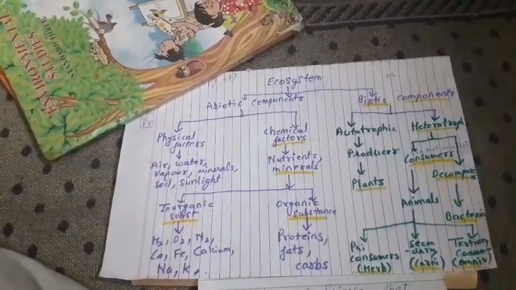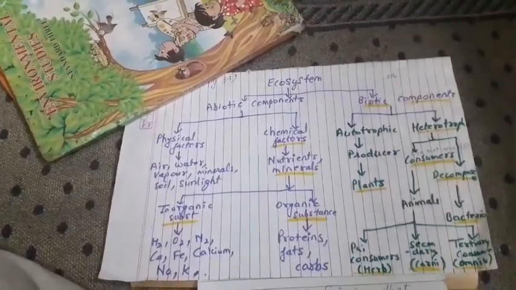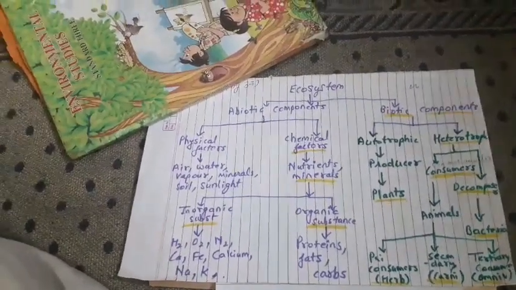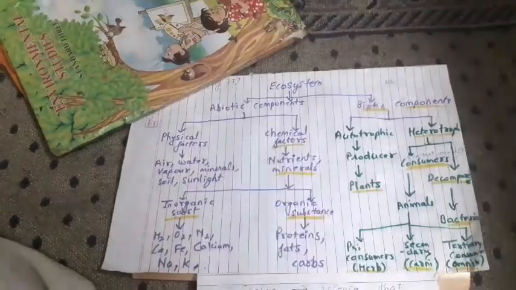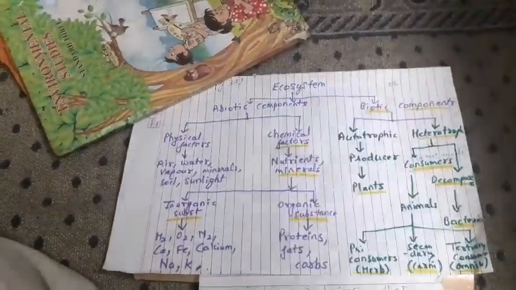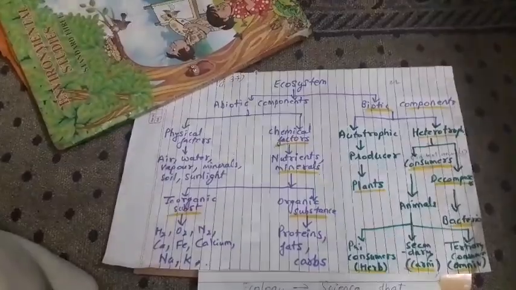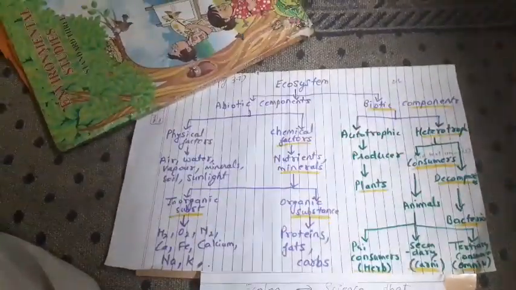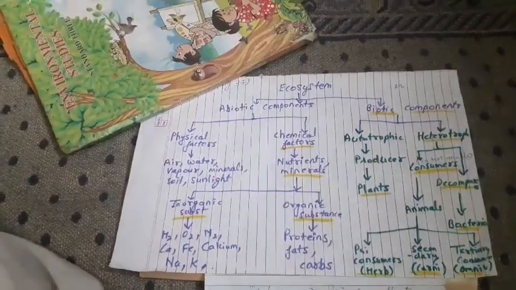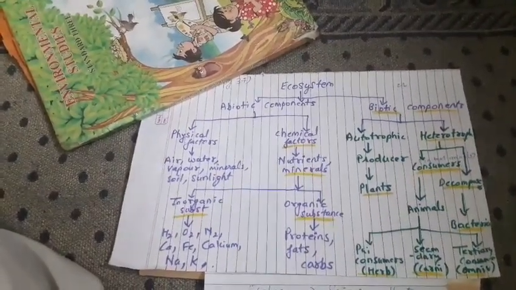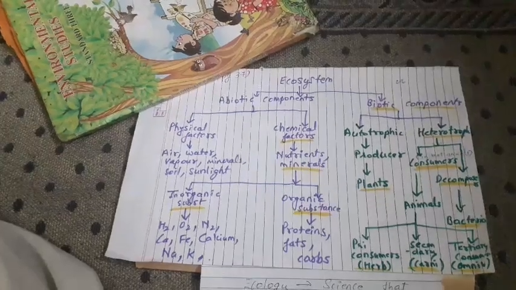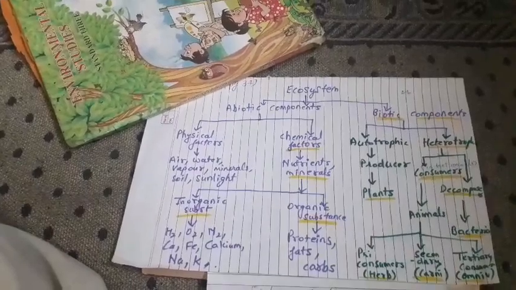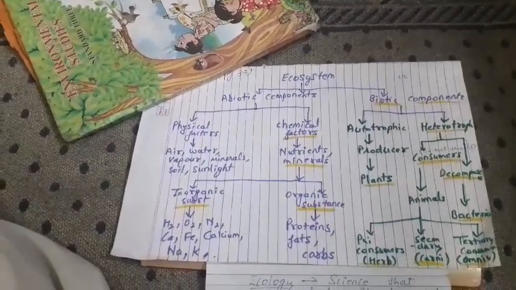Next, under animals you will see more arrows, where you have to fill in 3 blanks. If you all remember the food chain, when we talk about animals in the food chain, we say primary consumers, secondary consumers and tertiary consumers. So that is what you have to write. Below animals you will write primary consumers, secondary consumers and tertiary consumers. Primary consumers means herbivores, secondary carnivores and tertiary omnivores.